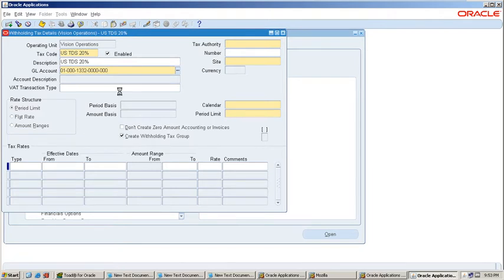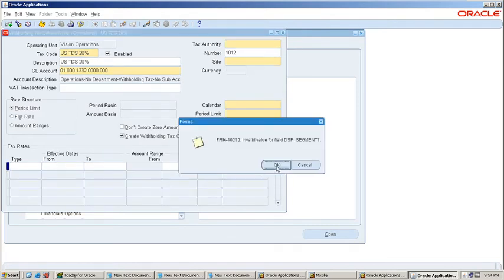And tax authority: I showed you in the second prerequisite step how to set up a tax authority supplier. I am passing that supplier details here.